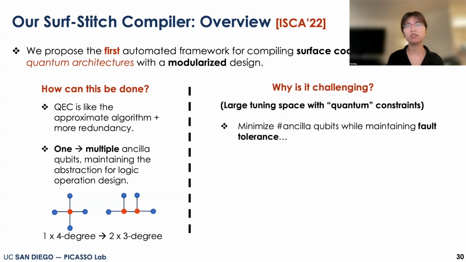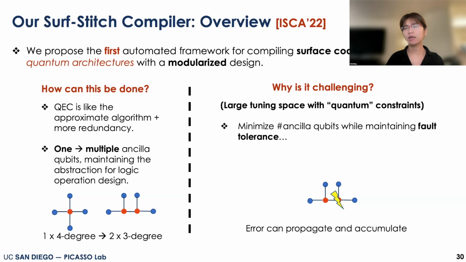But why is it challenging? First, we have a large tuning space, especially when you are looking for a large distance code. There are a lot of qubits, and there are different ways you can do this kind of tuning. So what is the best way to do it is challenging. The other thing is, when you are working with an error correction code, you have to think about the logical qubits built upon it and how we can enable fault tolerance when we execute our real program, and that makes things a little bit challenging.